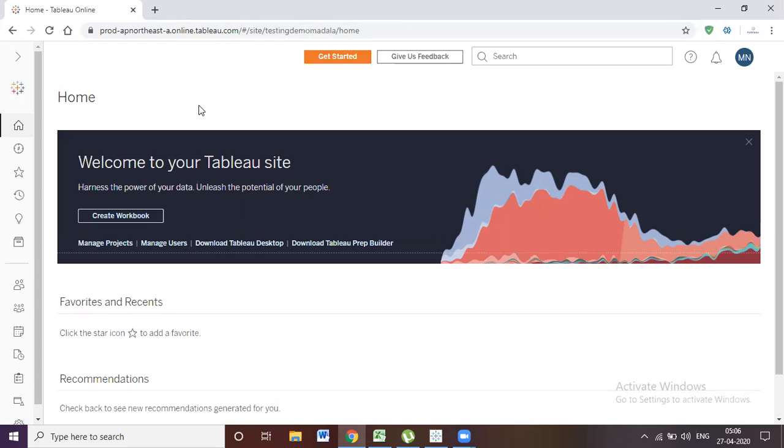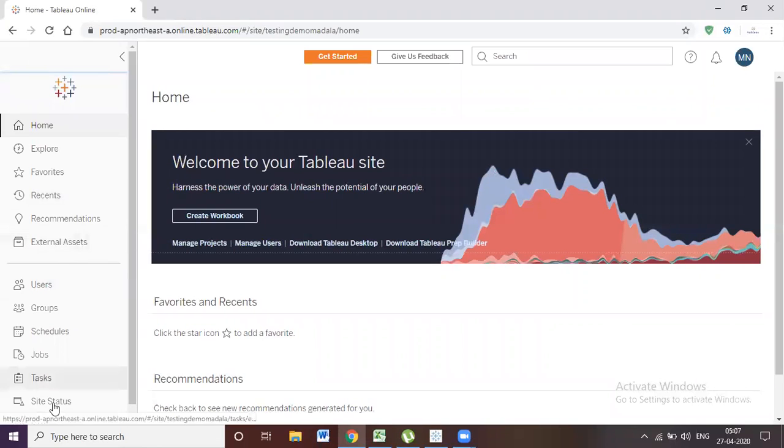In the home page you get a lot of options, so we will see them one by one. Now see, if you want to expand this section, you can click on the expand sidebar option, this arrow mark. Once you click on it, you can expand these options. Now these options won't be available in enterprise editions. Okay, now the first option is the search option.